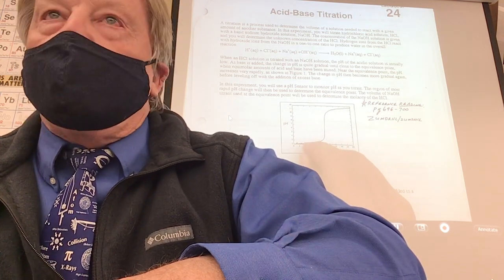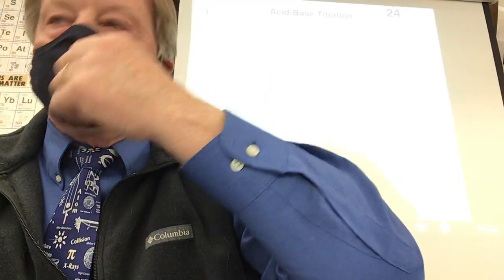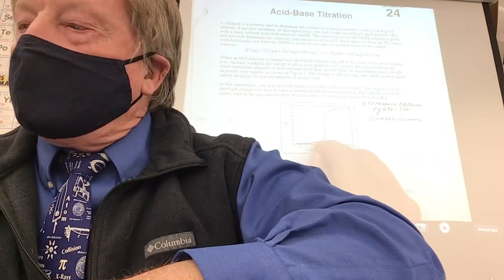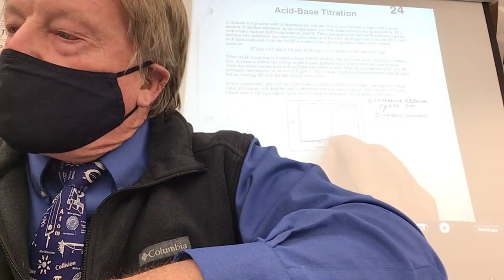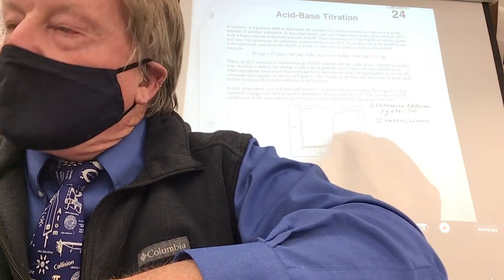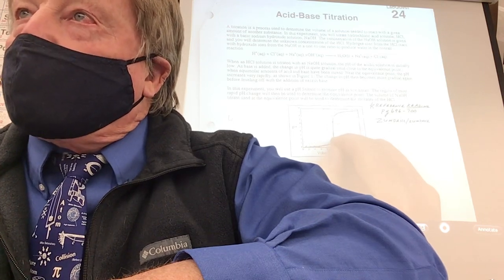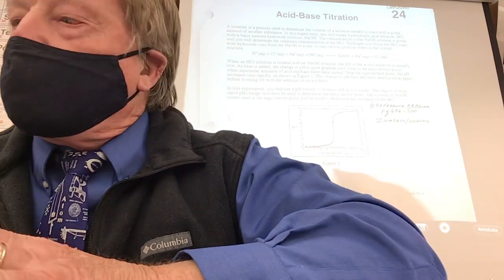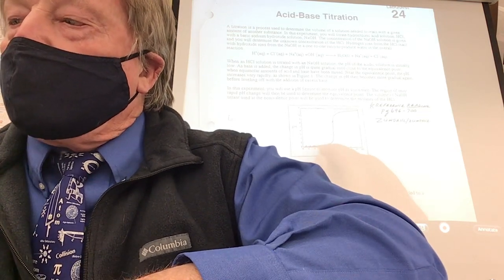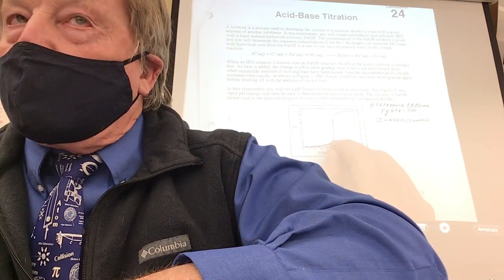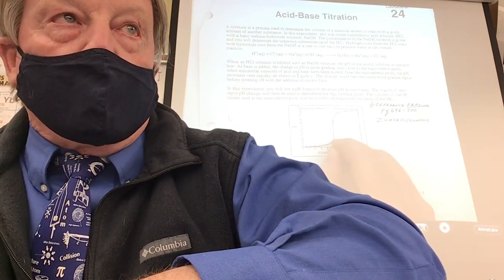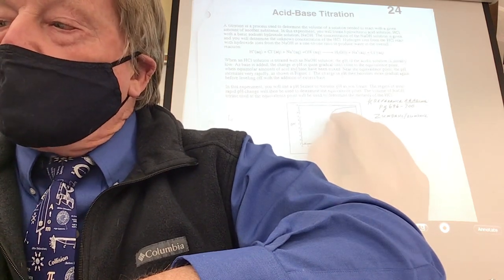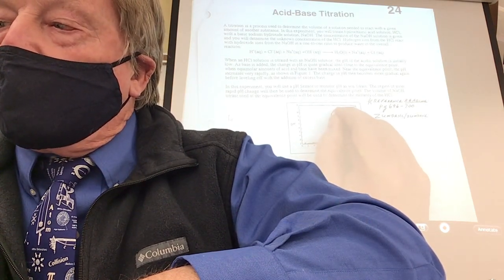You might add 10 milliliters here, and the pH changes a little bit. Get that? And then you'll get kind of bored, and then you'll get here, and you'll think, oh, I had 10 milliliters. Whoop! When you get from here to here, it might be 1 drop. You could have 1 or 2 drops that make that change. You get that? So you have to be ready to do what they tell you to do. When you see the graph starting to do that, then you slow down. You might put a drop or 2 drops and then 1 drop. And then you still have to let the curve flatten out a little bit.